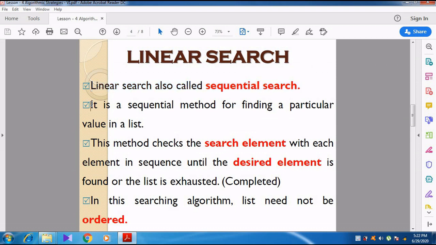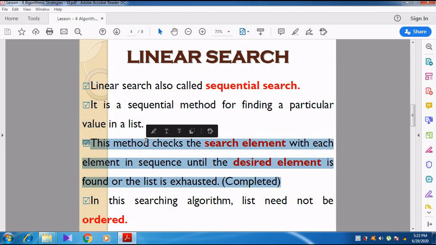It is a sequential method for finding a particular value in a list. We are going to find one particular value in an entire list. The list may contain one or more values, and from that list we are going to find only one value. See the next one.